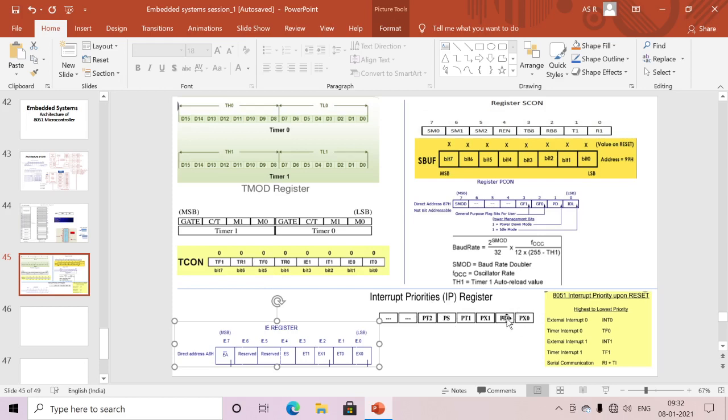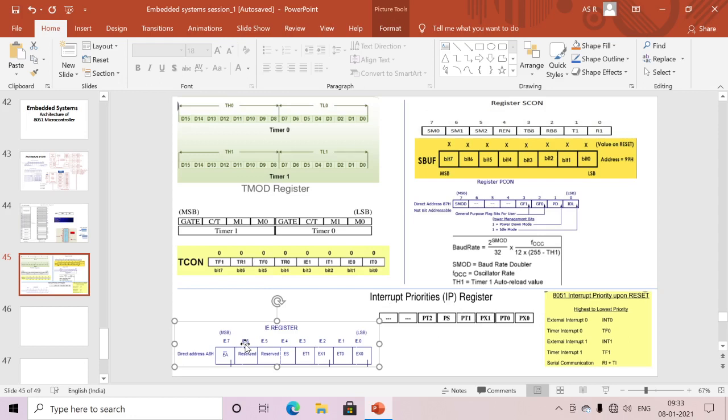Only interrupt 0, timer 0, interrupt 1, timer 1, and the last one, serial communication. For example, if I want to make Timer 0 the higher priority, I can set this bit to 1. If I want to change the initial priority, I can use this register.